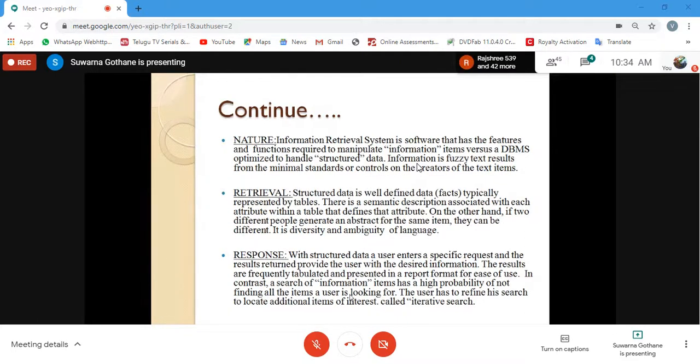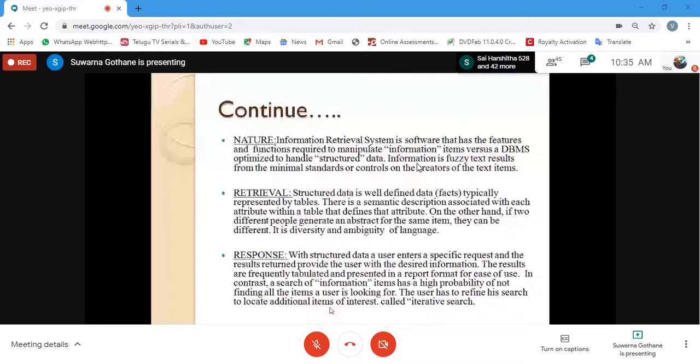Then you will redefine the search. I want the IRS book which has been released in, suppose, 2020. So you type IRS book 2020. Then also it will show, suppose, some 50 books. Then again you will redefine the search, IRS book by this particular author. Then you specify the publisher name. So you are going to redefine your search. This is called an iterative search. Until you get complete satisfaction, you are going to fire queries which are iterative in nature. So this is what has been discussed in this paragraph.